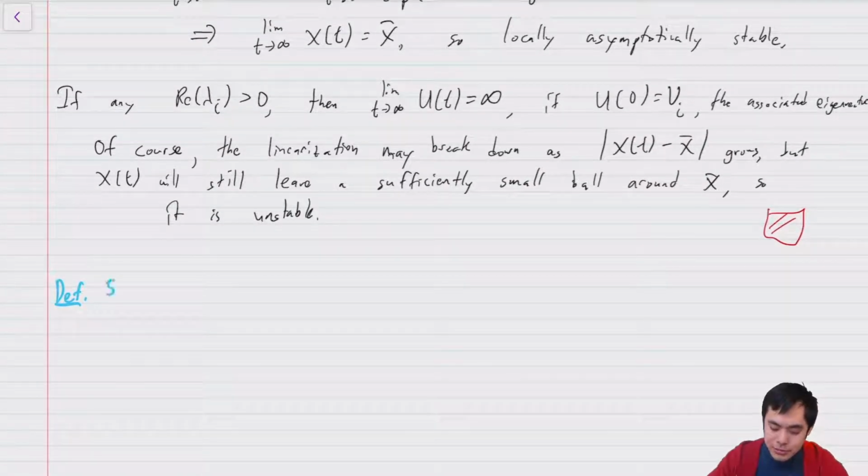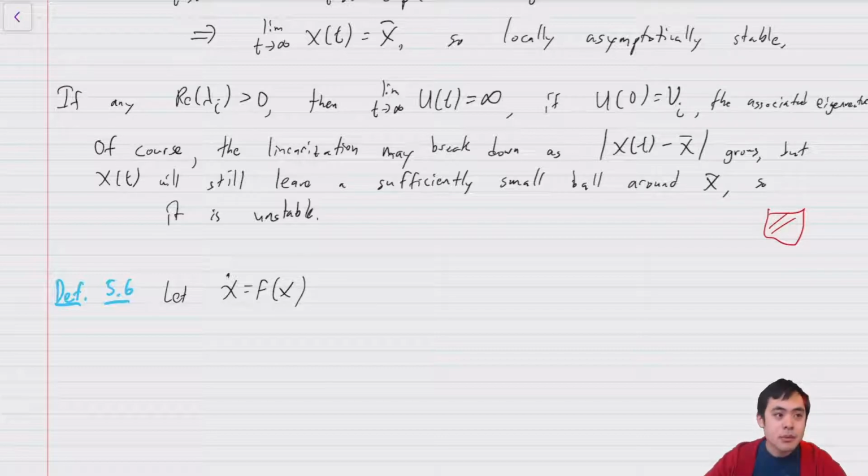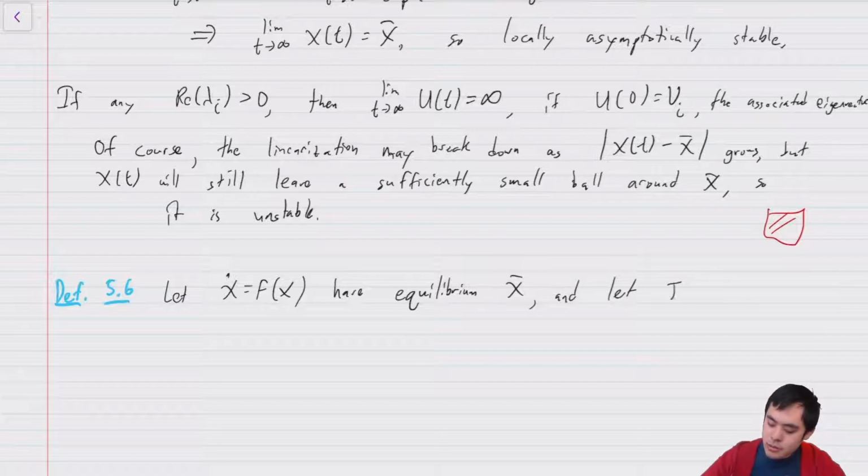So this is definition 5.6: if you have this kind of system, let x dot be equal to f of x, have an equilibrium x bar, so f of x bar is equal to 0, and let J be the